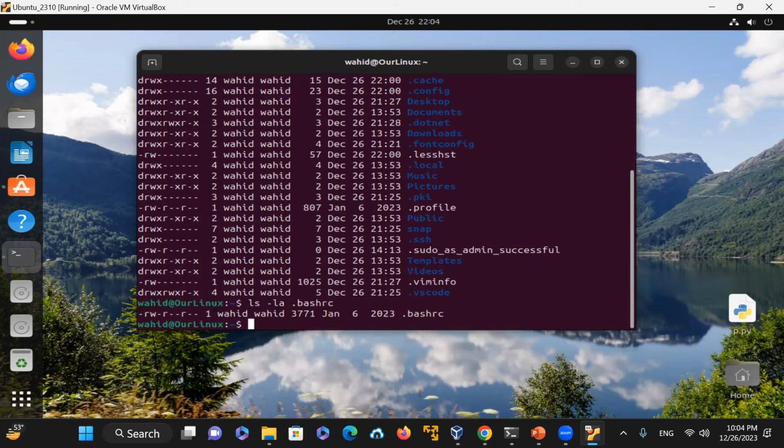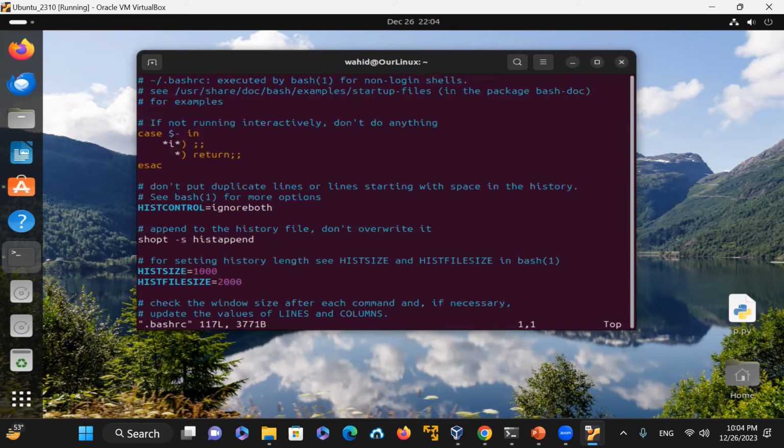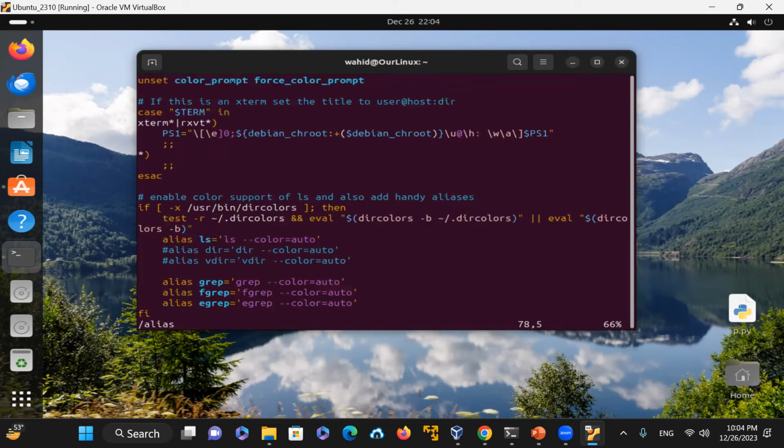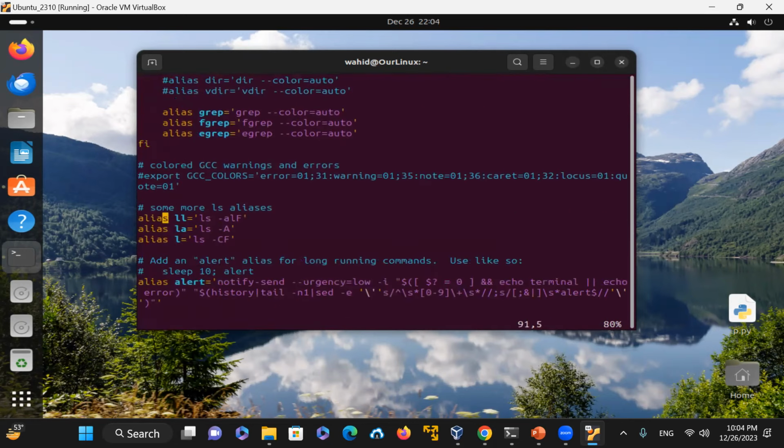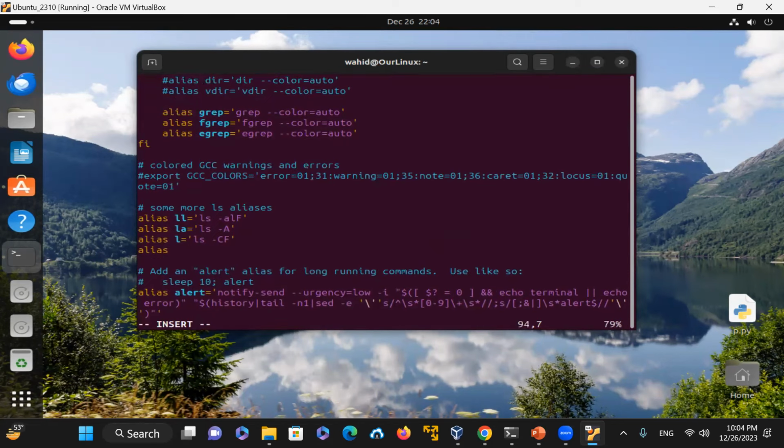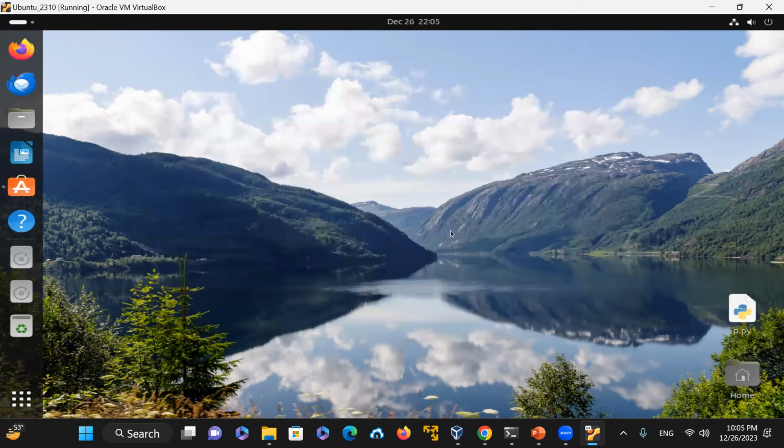So when you do that, the .bashrc is going to show up. Now vim .bashrc, and I go all the way to the alias list, search for alias, and these are a list of aliases here. I can just add one more alias anywhere. Like right here, I could say alias python=python3. I could put it within the code, or I could specify the path to it. That would also work. So now alias python3, and then if I just exit out of this one,